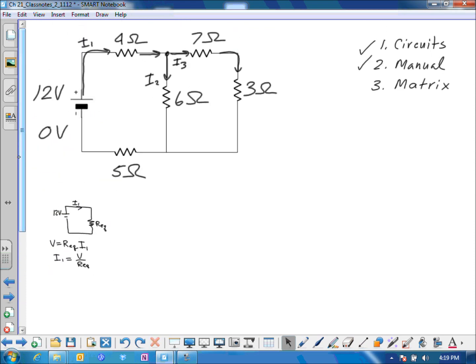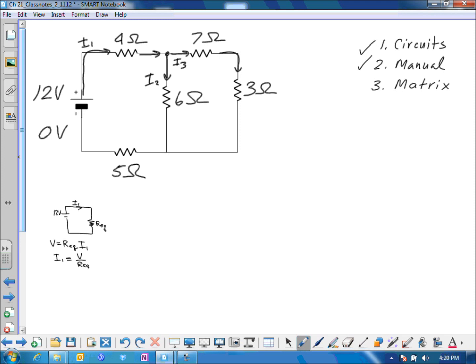Okay, so the next step now is to try to figure out what is the equivalent resistance of the circuit. And if we look at the far end, always start from the far end and start breaking it down from that end. We have the 7 ohm resistor and the 3 ohm resistor in series with one another. And the way we combine series resistors is simply to add them together. And so when we add the 7 ohm resistor and the 3 ohm resistor together, we get a 10 ohm